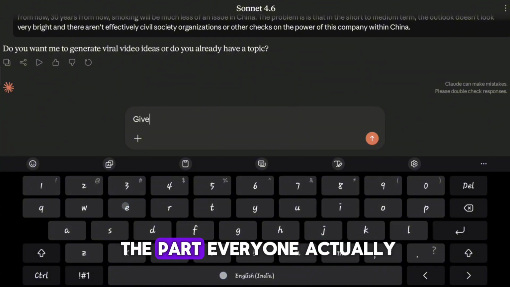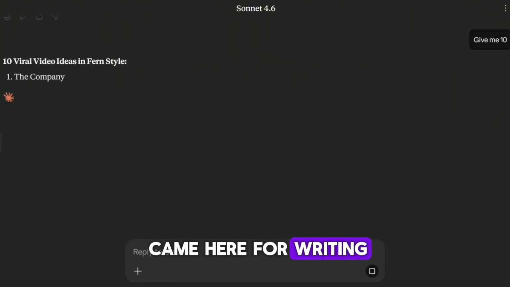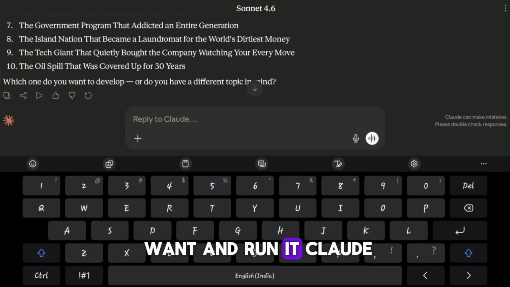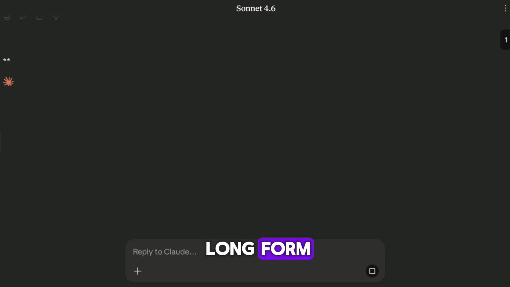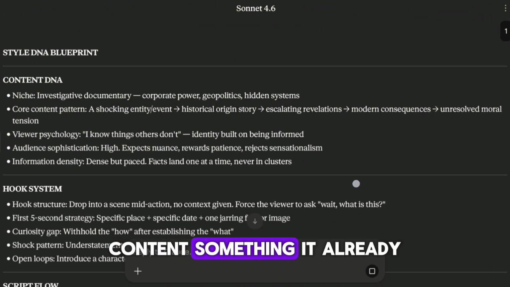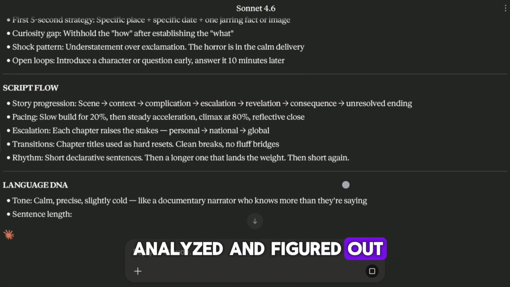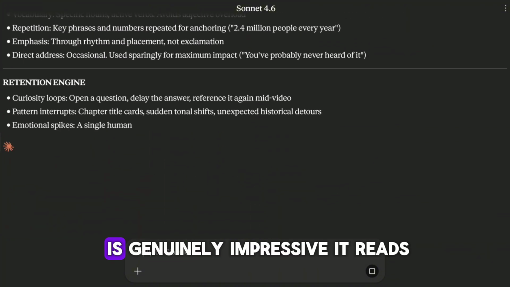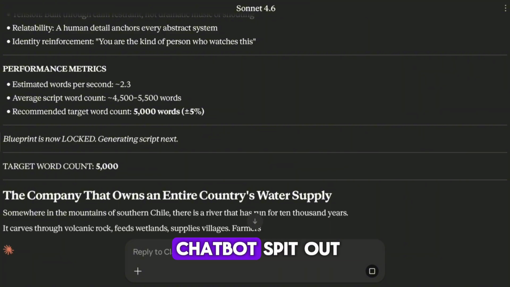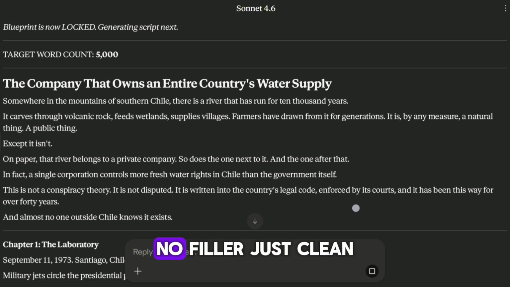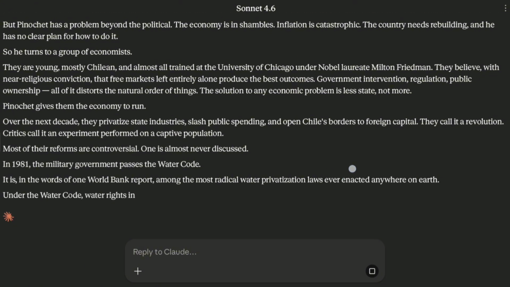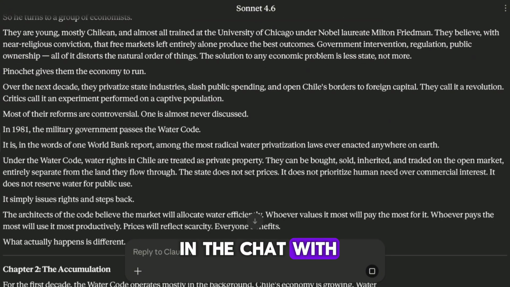Now, it's time for the part everyone actually came here for, writing the full video script. Just type the number of the topic you want and run it. Claude will generate a complete long-form script that matches the average video length of your competitors' content, something it already analyzed and figured out on its own. The script it produces is genuinely impressive. It reads like something a human wrote, not something a chatbot spit out. No stiff language, no filler, just clean, engaging content. If you want anything adjusted, just ask Claude directly in the chat. With the script done,